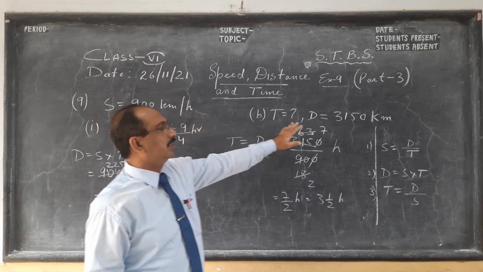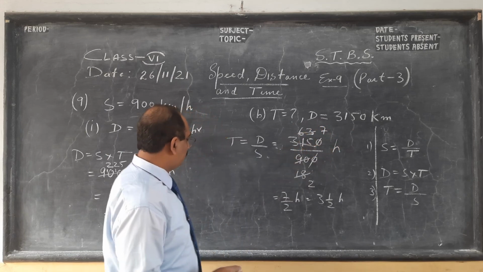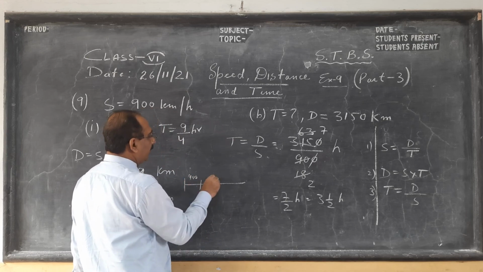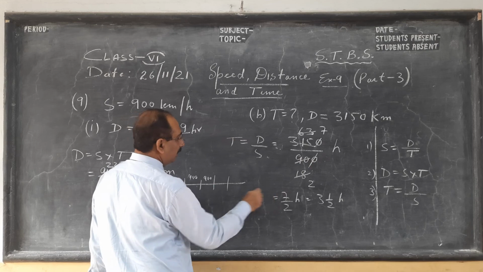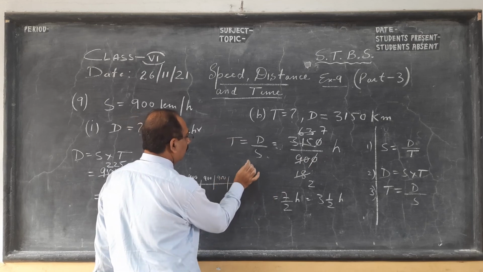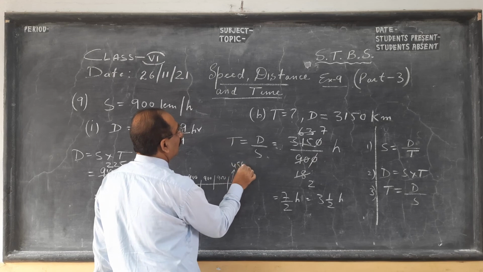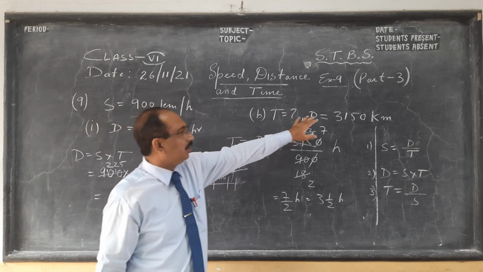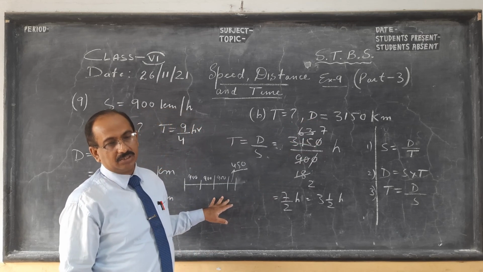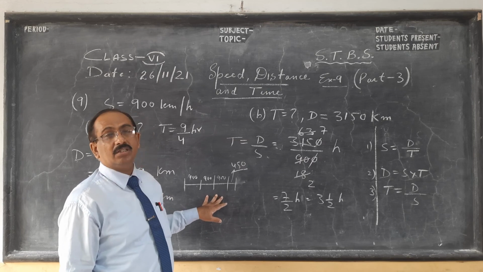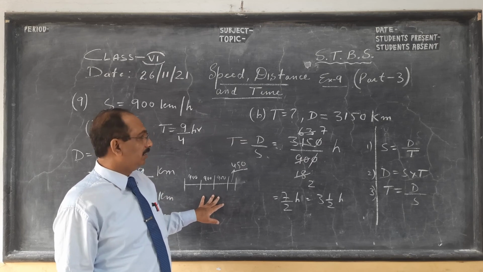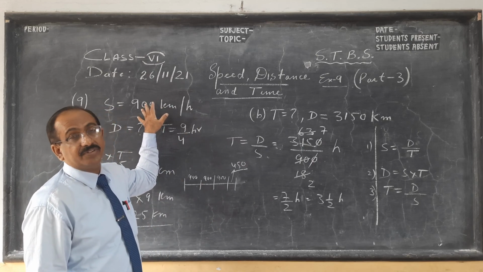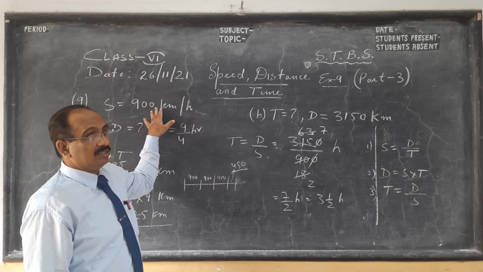The plane will cover a distance of 3150 kilometers in that time. You can do it logically. If the speed is 900, in 1 hour 900, next hour 900. Whether our answer is right or not, we are going to check. In another half hour it will cover exactly half, 450 kilometers. So 2700 plus 450, you will get 3150 kilometers. So you can use your mental maths and logical method. The mental maths way is always a better way. And as I told you, children, this is a very high speed. I doubt any passenger aircraft travels with this speed, only your fighter aircraft.